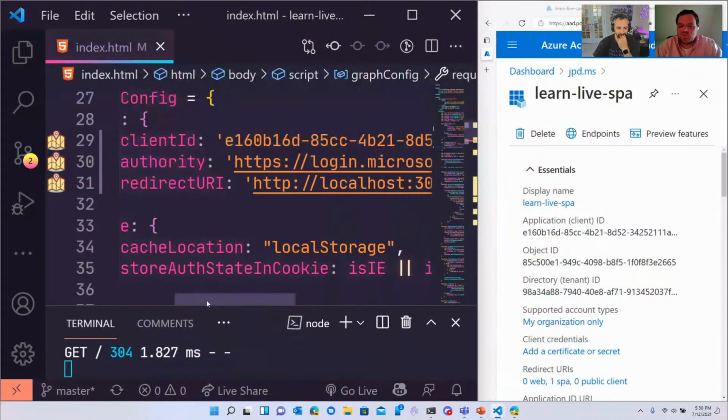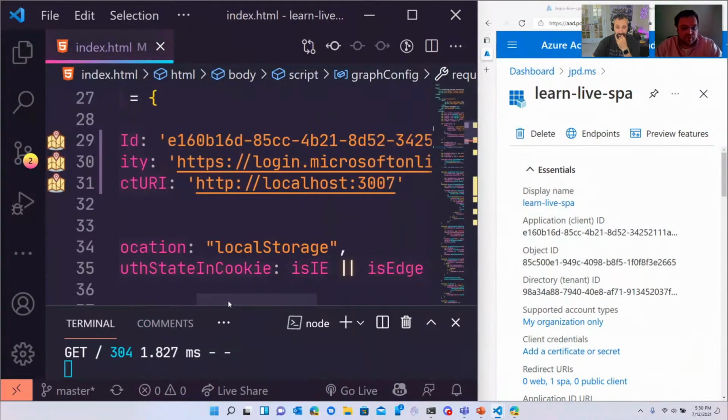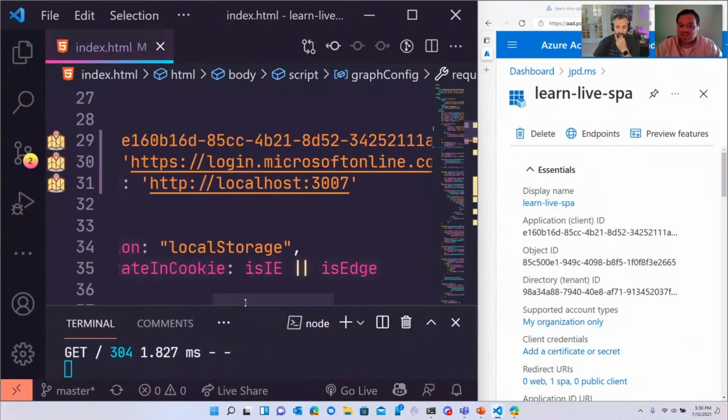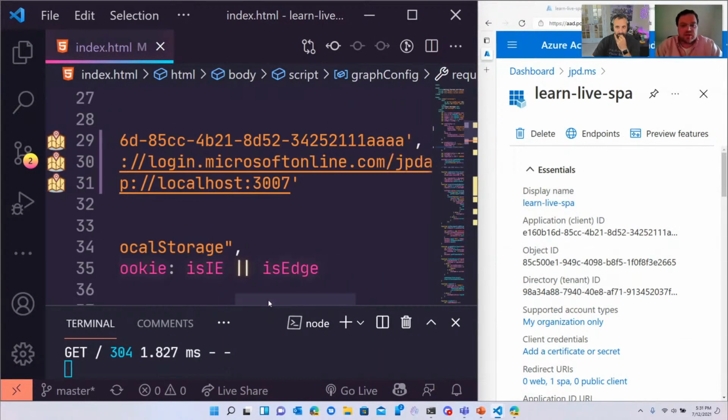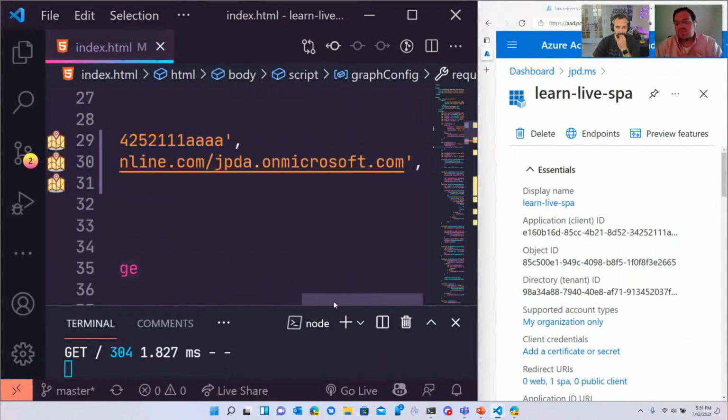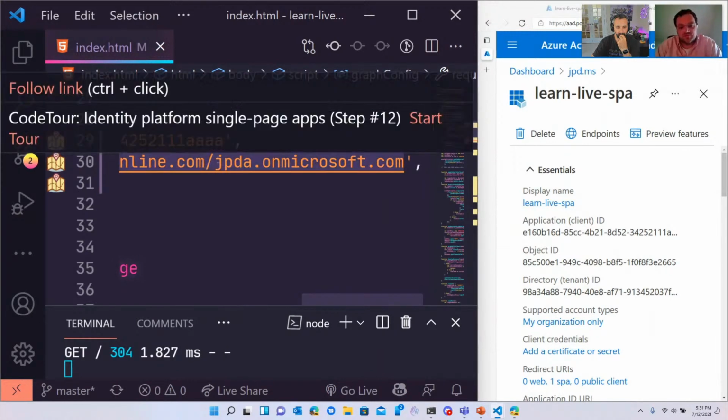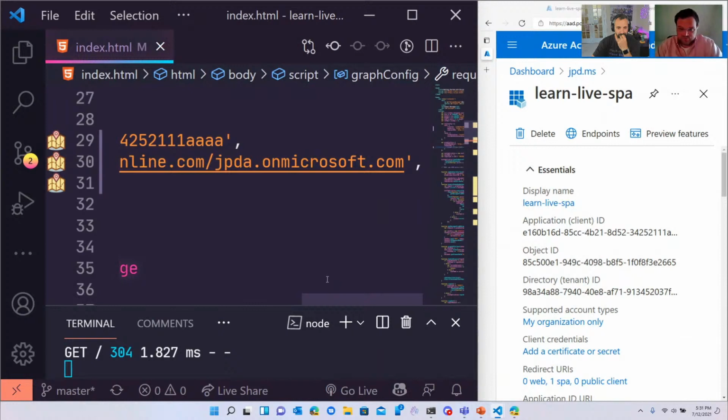Next, we need our authority, and the authority is really just a way to say which Azure AD should deal with this application. In most cases, you're going to be login.microsoftonline.com unless you're coming from a national cloud like Azure China, Azure Germany, or Azure Government. In most cases, you'll be login.microsoftonline.com. Now, because I only want people to sign in from my specific directory, I've also added my directory here at the end of that. So this is just the one that I'm using for today, which is